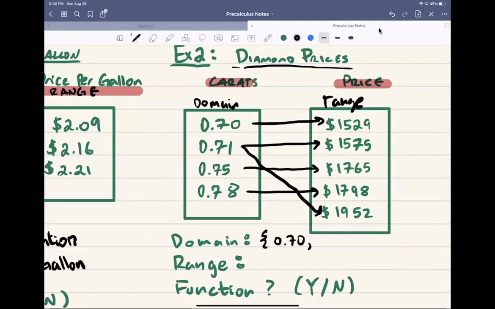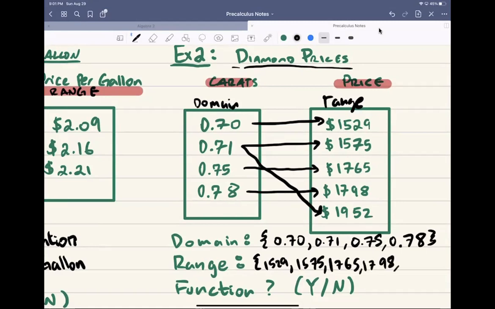0.70, 0.71, 0.75, and 0.78. All right, that's our domain. And our range is going to be the prices, right? 1529, 1575, 1765, 1798, and 1952. So one thing that I want you guys to notice is that if you look at the